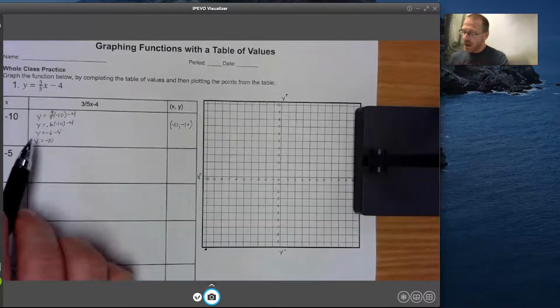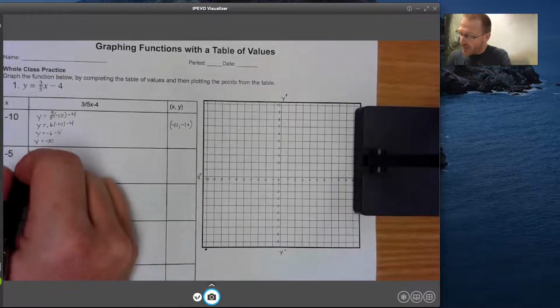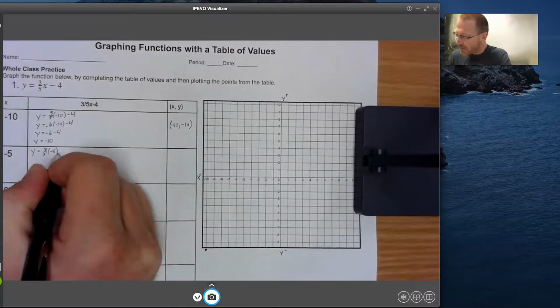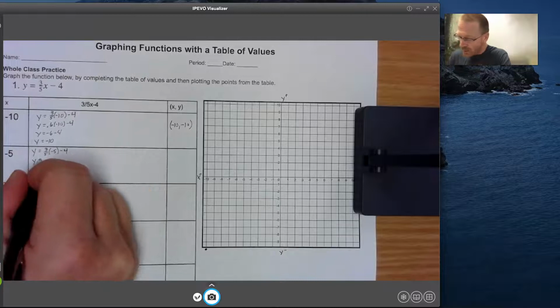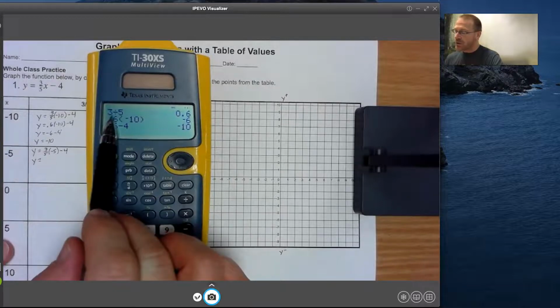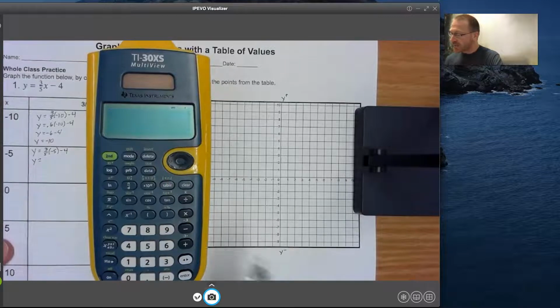All right, so now let's go back and do negative 5. So when I look at negative 5, I have y equals 3/5 times negative 5 minus 4. So y equals. Now, I'm going to show you another way to use fractions. Right? So one way is to just convert it to a decimal. Totally fine. The other way is to use your fraction key. And a lot of calculators have it. So right here is my fraction key. So notice if I hit that, that n over d key, all right, it gives me a fraction. All right, and I can just type in 3, and then I can arrow down to 5, and there's my